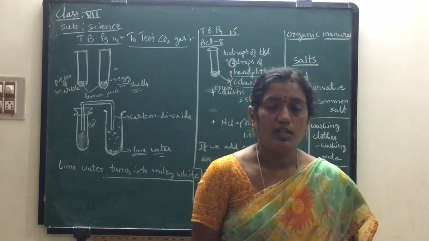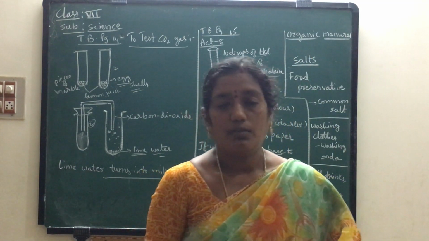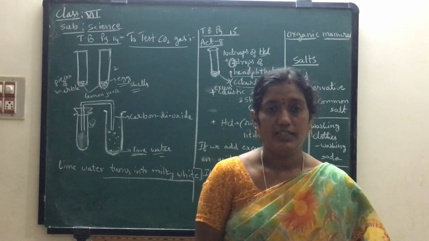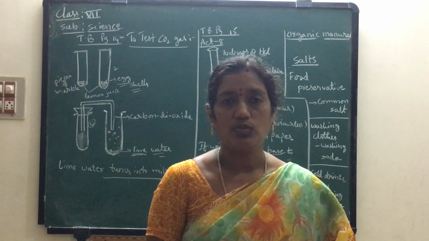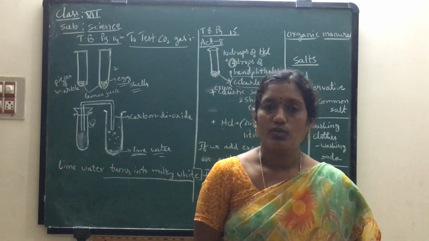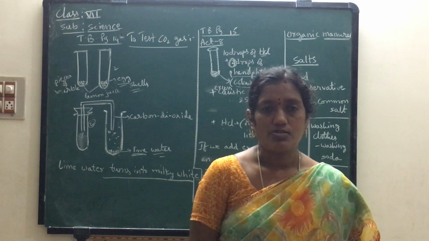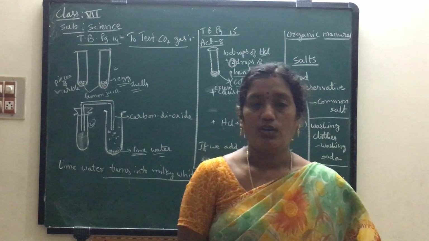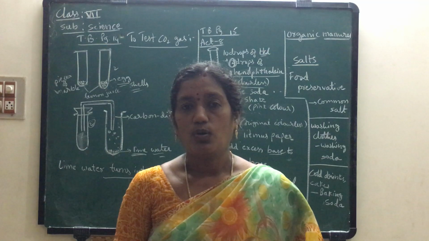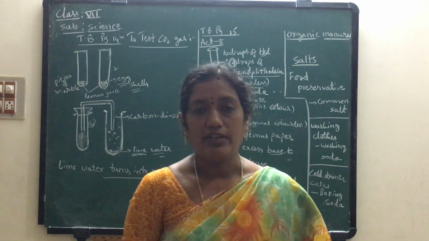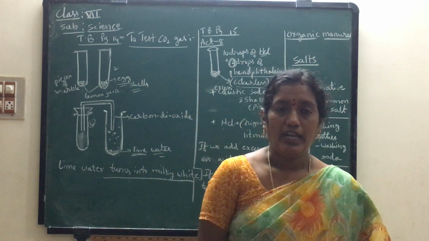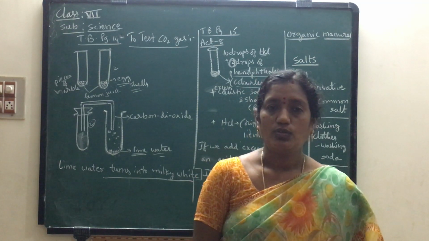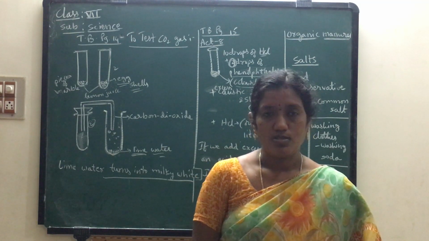What is meant by organic manures, children? The manure which is derived from plant and animal waste is known as organic manure. We can prepare it at home for our home plants, children. So the best method to get more crop yield is organic manure, and it won't cause any environmental pollution. Okay, this is the safe method to get crop yield also.